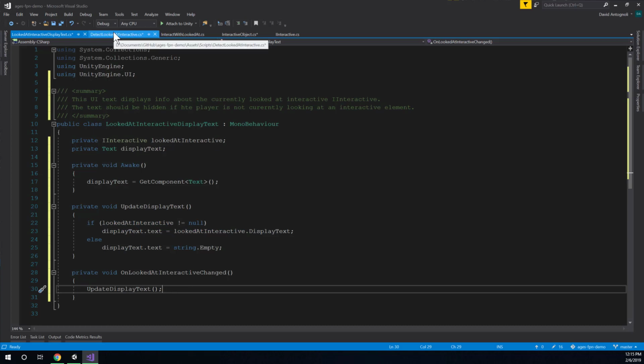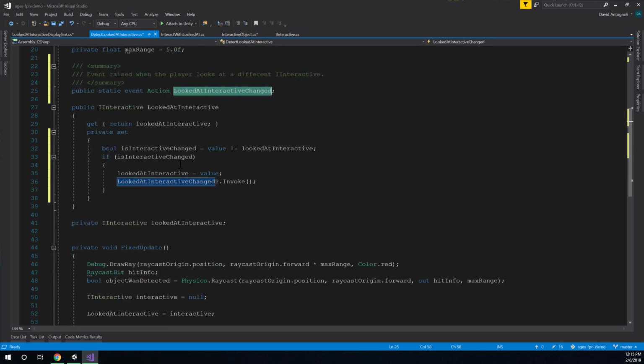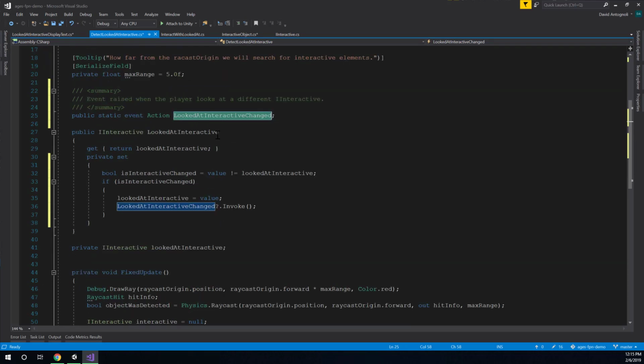So we need to actually add a little bit more info to our event. This class that raises the event, it knows exactly what the player is looking at. It just needs to broadcast that in addition to letting everyone know that the looked at interactive changed. It also needs to provide, hey, here's actually the thing that changed also, just so you have a specific reference